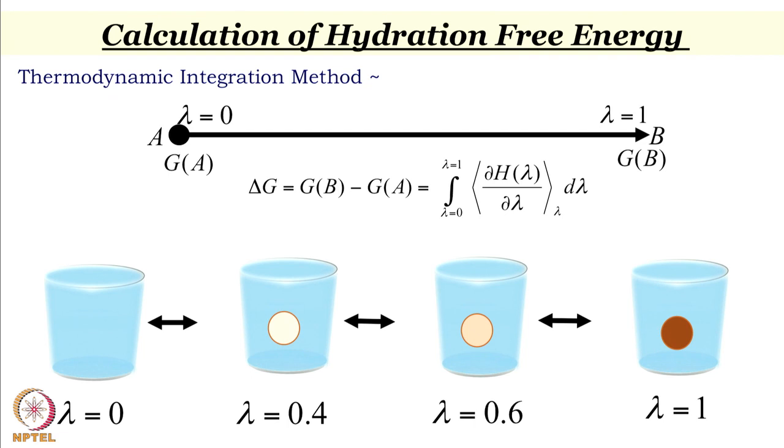This is what we want to calculate using the GROMACS software. So, all the steps needed will now be introduced to you. You can start with the next step. So, you see even in the picture, initially there is nothing, lambda equal to 0, lambda equal to 0.4, it is a light white ball, then it becomes more colored, and eventually when lambda equal to 1, the entire interaction is switched on.